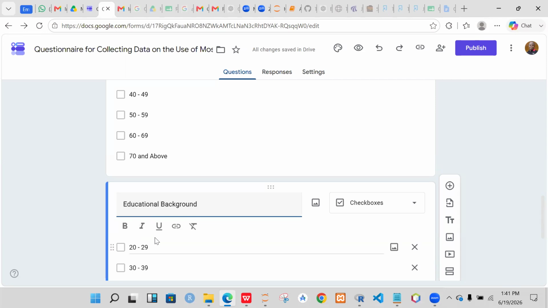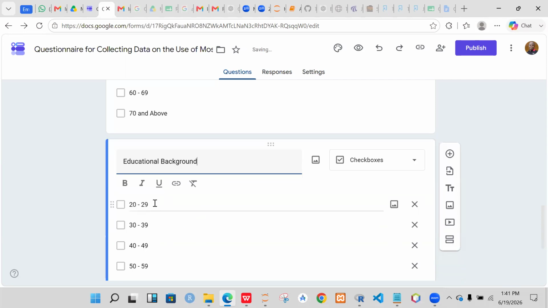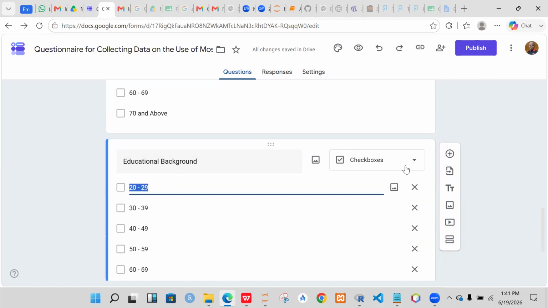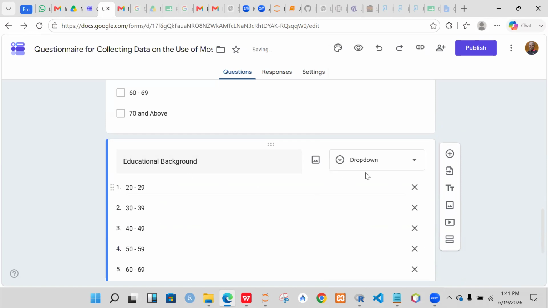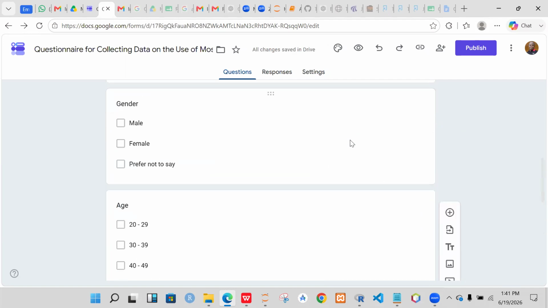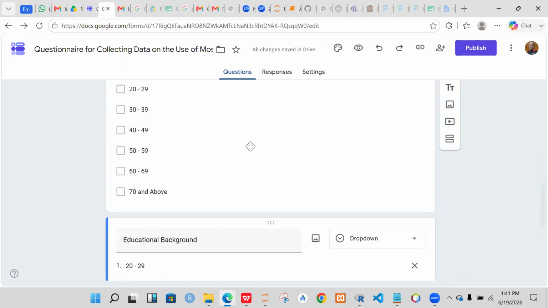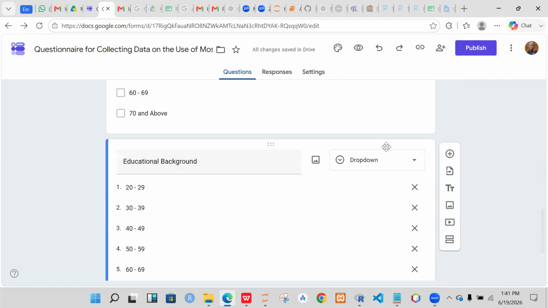You may want to know their educational background. So after that, you now come here. You are still using checkboxes also. You can change checkboxes to what? To drop down. Change to drop down. So I'll not tell you the difference between checkboxes and drop down now. The first two questions we have used checkboxes. Now we are using drop down here. So educational background, you can say no